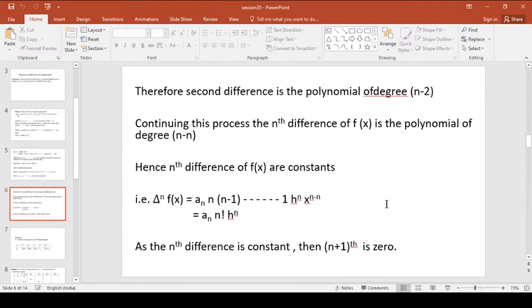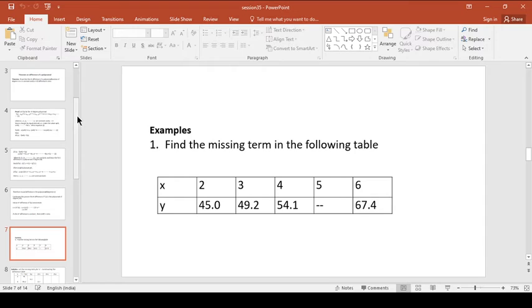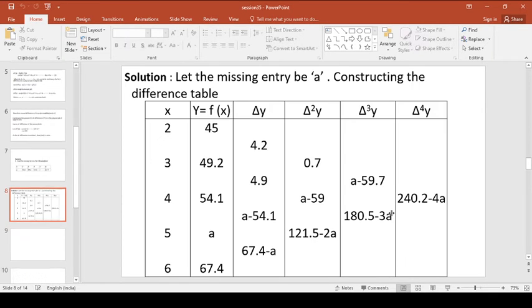So using this, we shall solve some examples. First, find the missing terms in the following table. Here they have given x and corresponding y values, and one term is missing. That means we have to find the value of y when x is equal to 5. So here, first we are going to consider the missing entry as A, and we are going to construct the difference